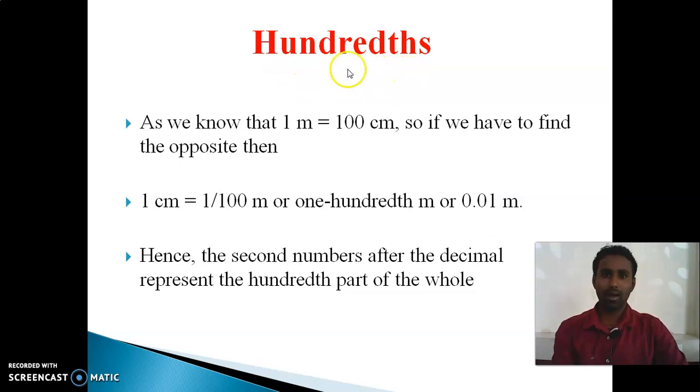Okay, next one, hundreds. So how sir can we convert into 100? Same way, like before we have seen that 10 millimeter equals 1 centimeter. But here I have chosen meter. So 1 meter equals 100 centimeter. So 1 centimeter means how many meters? This 100 will go down: 1 by 100 meter. So 1 centimeter equals 1 by 100, just opposite. So 1 divided by 100 meter, which is equal to 1 centimeter, that we call as 100th. Okay, 100th, th will come. See here, how many 0s here?